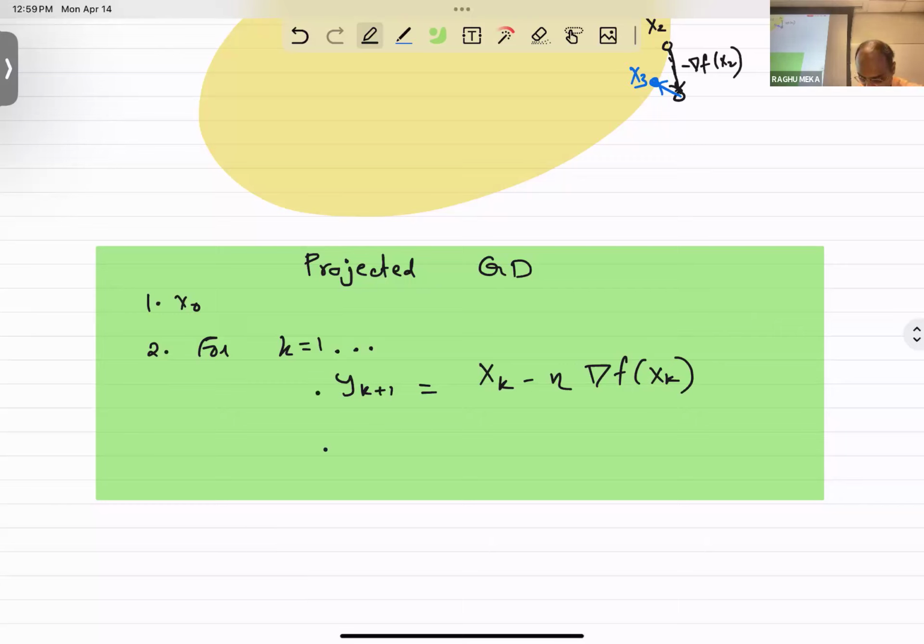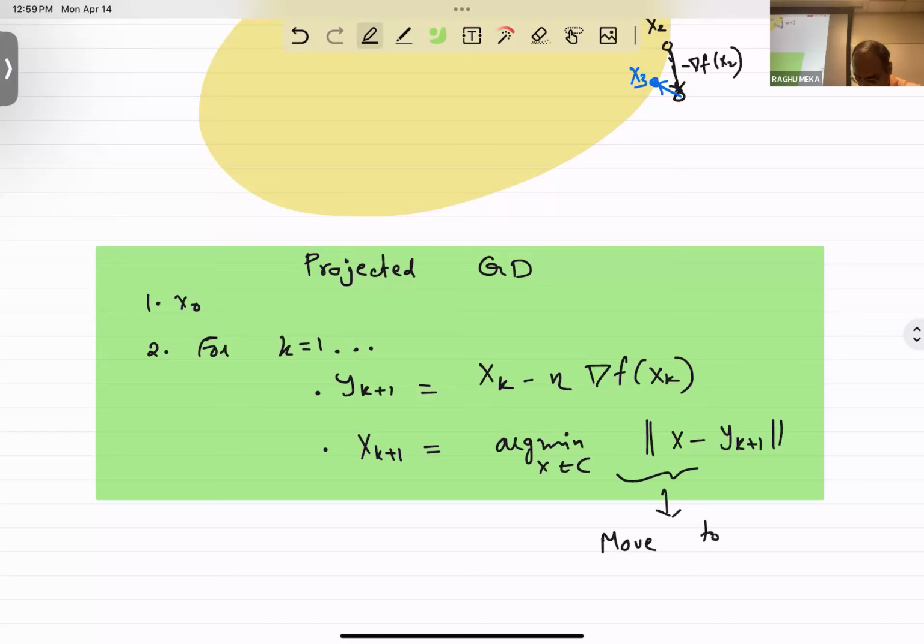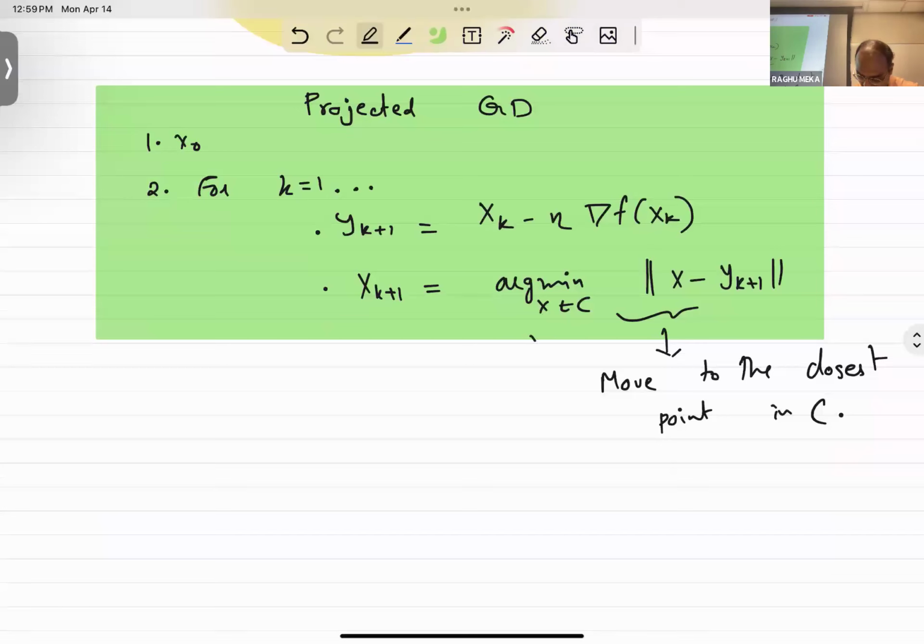Okay. And then x_{k+1} equals argmin over x belongs to C of the distance to the updated point. Okay, so move to the closest point in C. It turns out that as long as you can compute this step, which is basically projection,